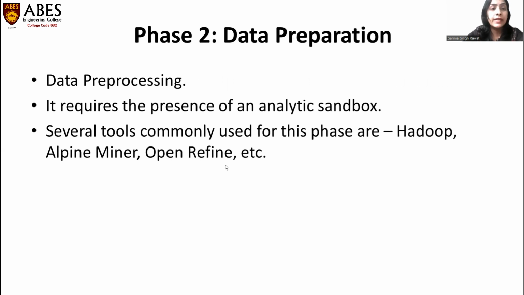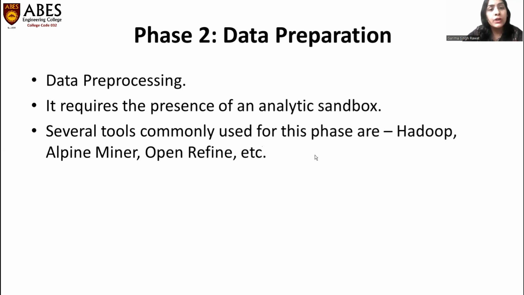Then the next phase is the data preparation phase. In the data preparation phase, after collecting all the data from different sources, that data is called raw data. We cannot directly start analyzing the raw data or building a model on the raw data because it will affect the accuracy of the model. So there is a requirement for data pre-processing or data cleaning. In data cleaning, we treat missing values, we remove duplicate values, we remove outliers because they will affect the accuracy